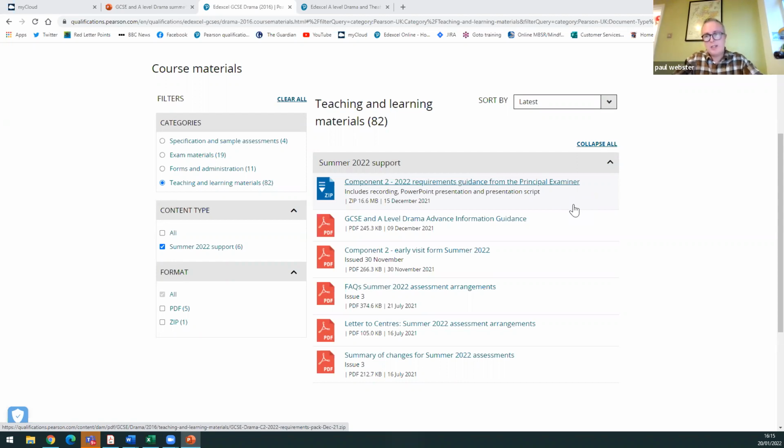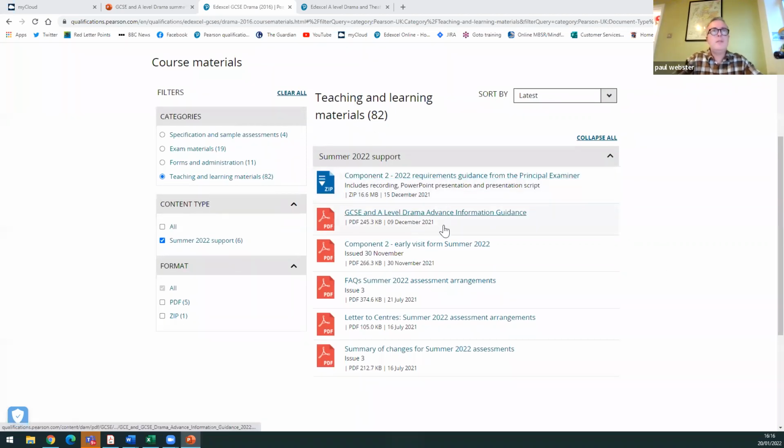And on the A-level page, there's the same thing, but from Sally Bruton, who is the lead examiner for component 2 for A-level. So here there's some really useful information. I think that you're going to know most of it, if not all of it already, but it just puts it all in one place. So hopefully you'll find that useful, just confirms a few things for you.